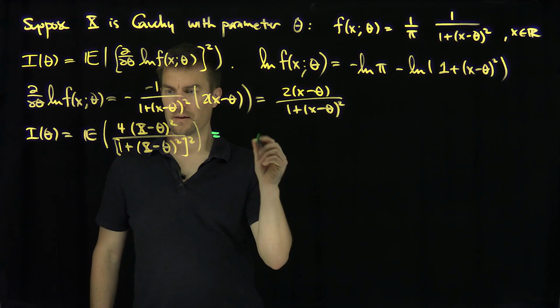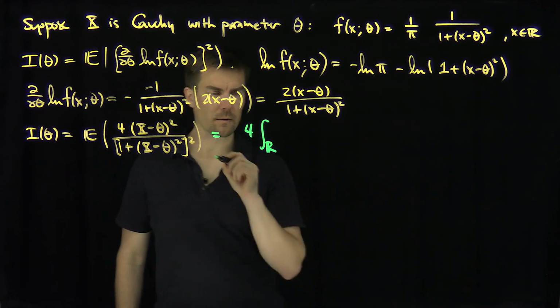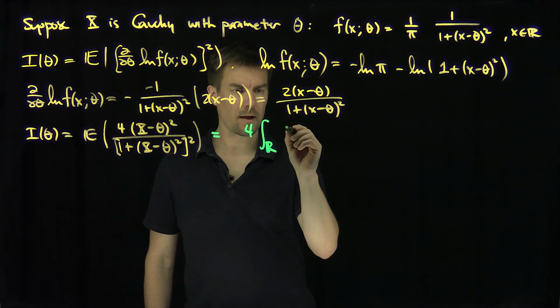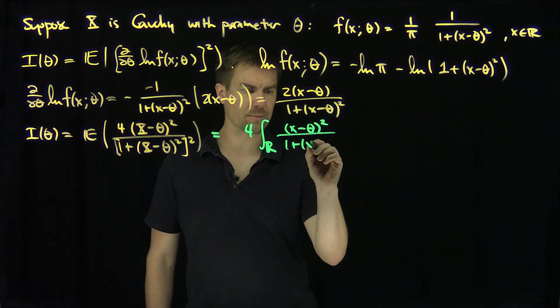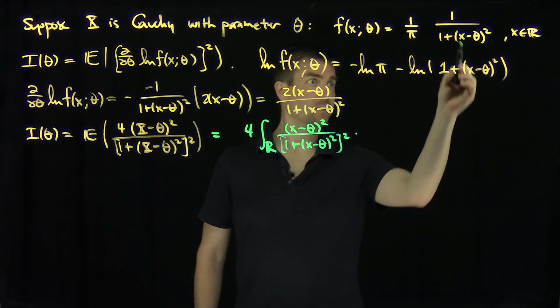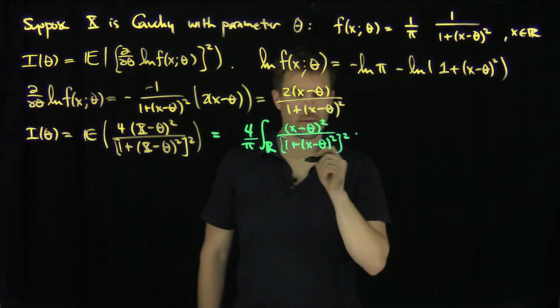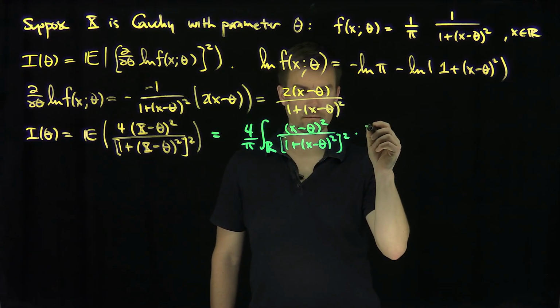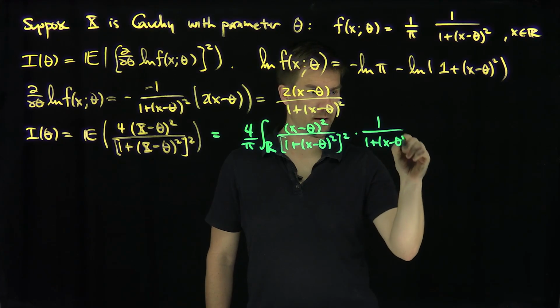This is going to be 4 times the integral over R of (x minus theta) squared over (1 plus (x minus theta) squared) squared, times 1 over pi. So let's bring that pi on the outside, like that. And then we'll have a 1 over 1 plus (x minus theta) squared